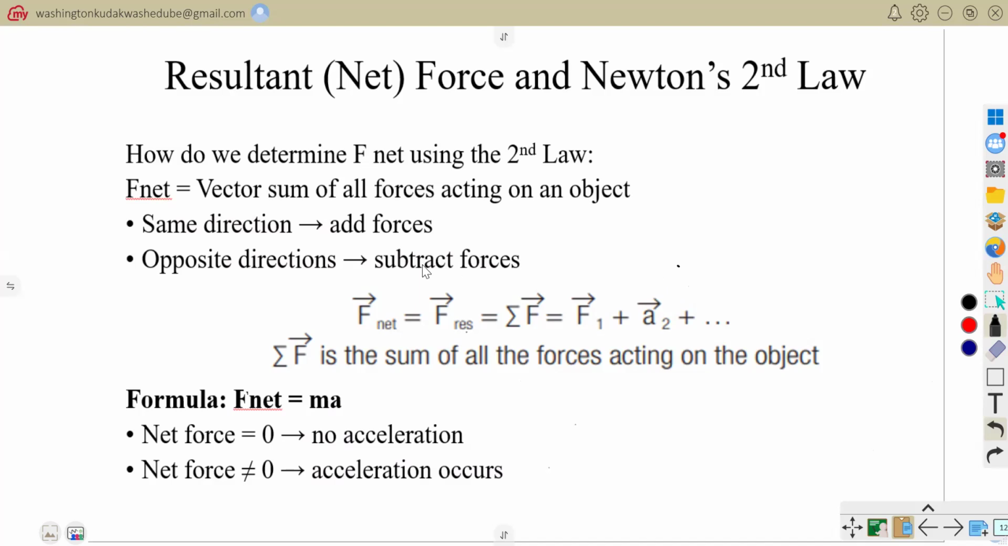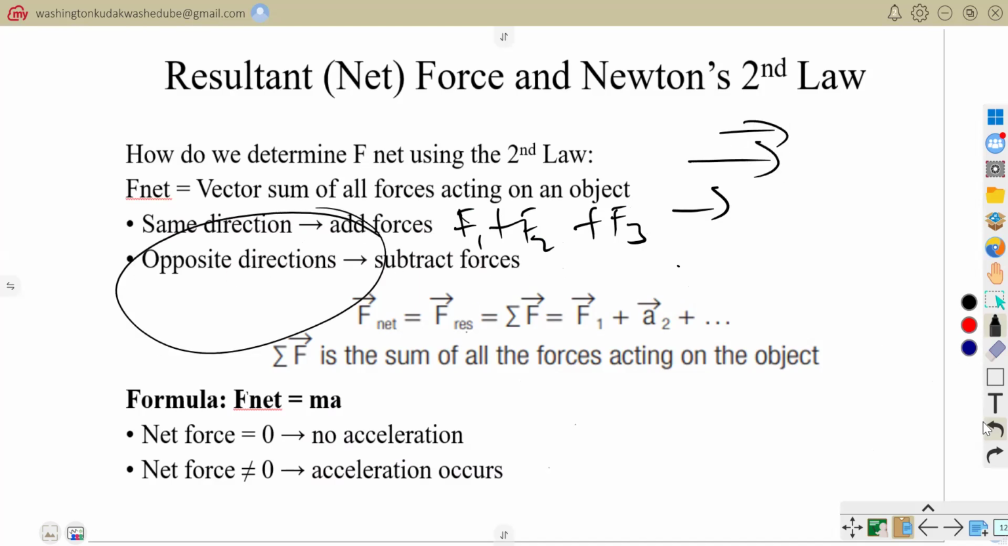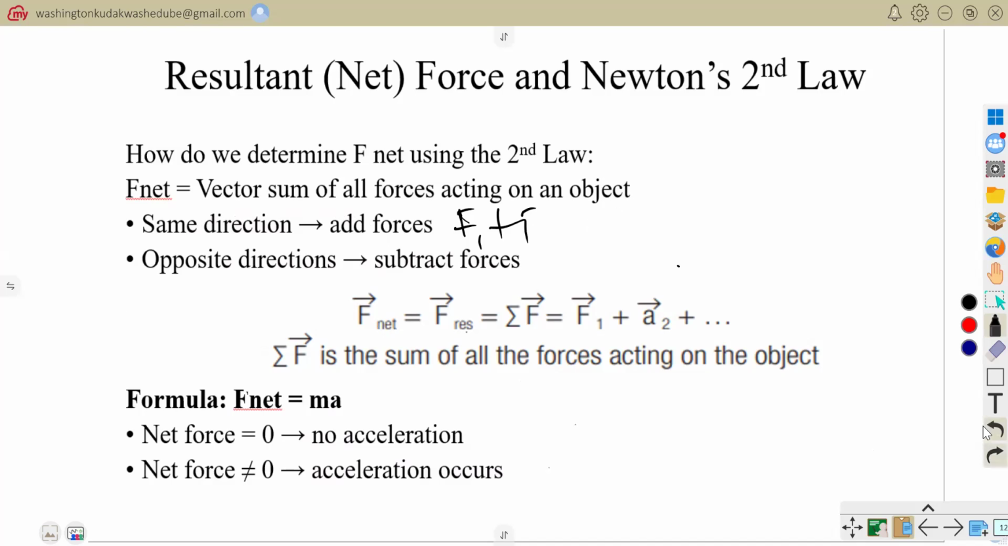What we know is that when we are vector summing forces acting on an object, those acting in the same direction, we have to add them. Meaning F1 plus F2 plus F3 would be directed in the same direction. And those acting in the opposite direction, we need to subtract them. If we have, let's say, F2 in this direction and F3 in this direction,